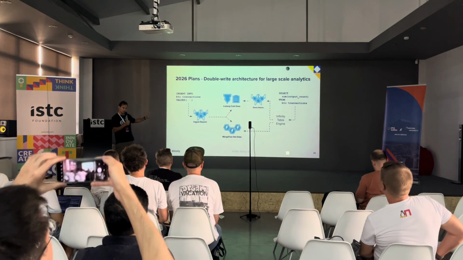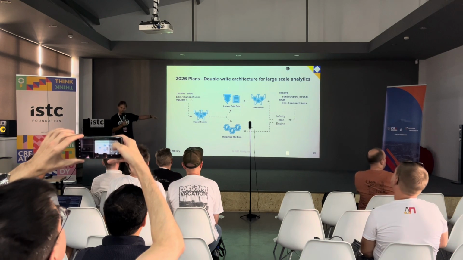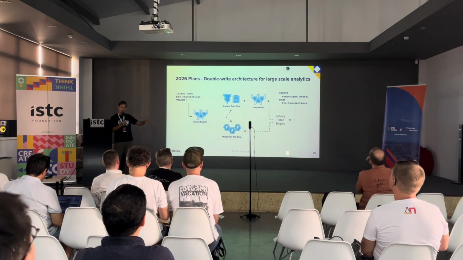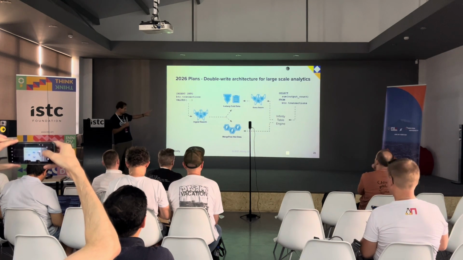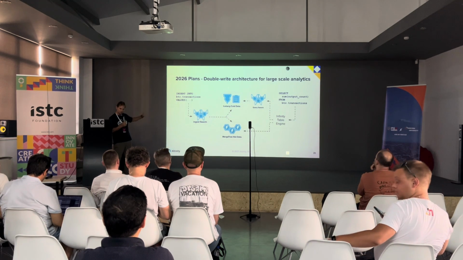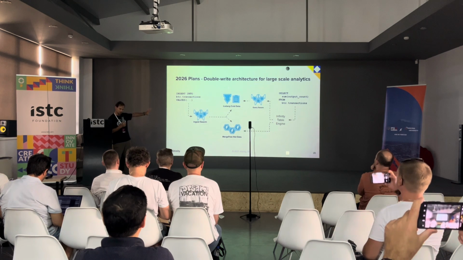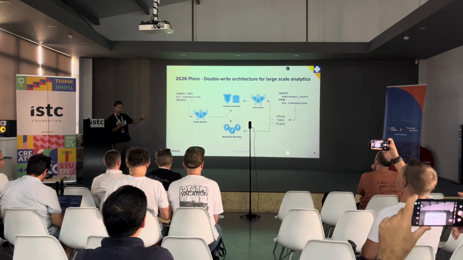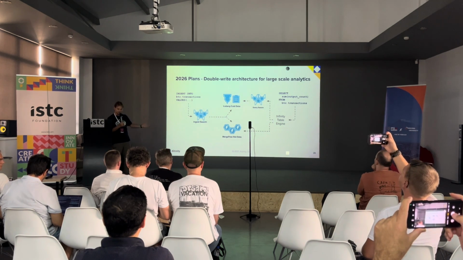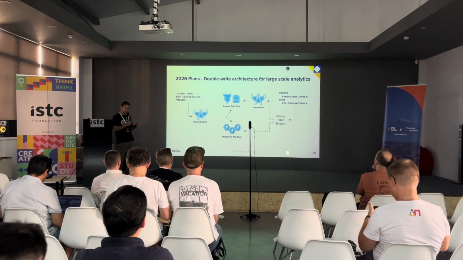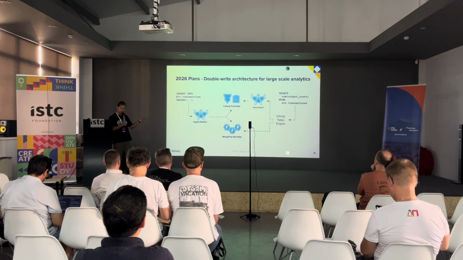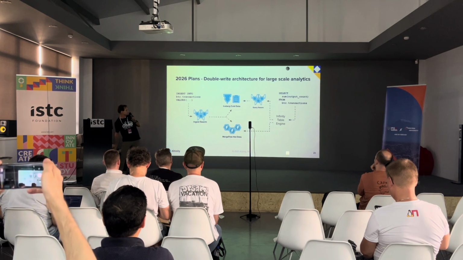That's why we originally were writing data to native ClickHouse and then offloading it to the Iceberg. But we're also working on double write architecture that would write data in two storages automatically. And the Infinity table, it already understands the semantic, it understands which data is cold, which data is hot, and can automatically select it in a query. But in this case, we also have the real-time ingest, and the query is available immediately.